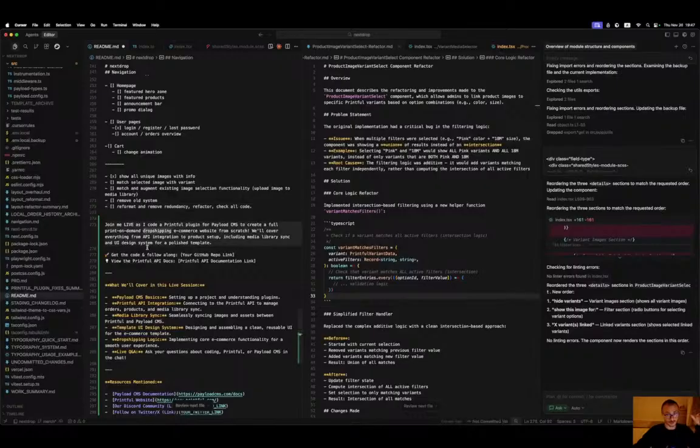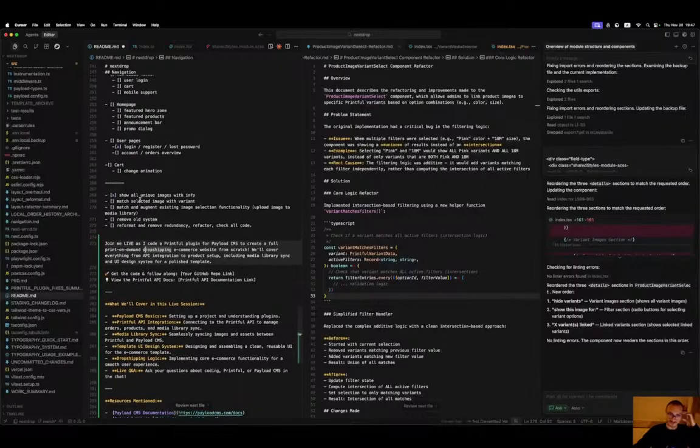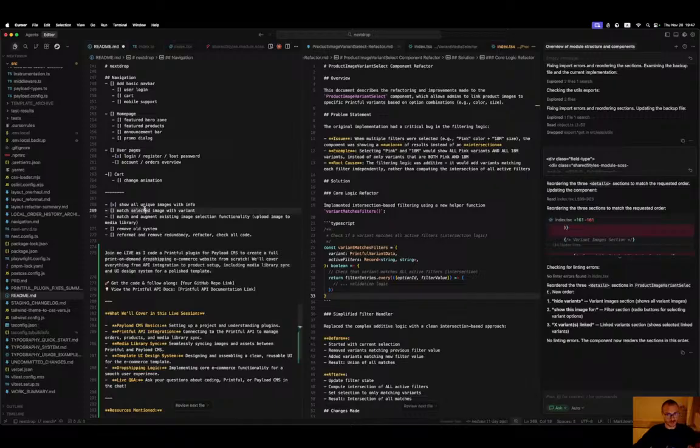In this session, let's start by looking at the to-do list that I made in the last session. Show all unique image info, match selected image with variant, match and augment existing image functionality, upload the image to the media library, and remove the old system. Alright, so